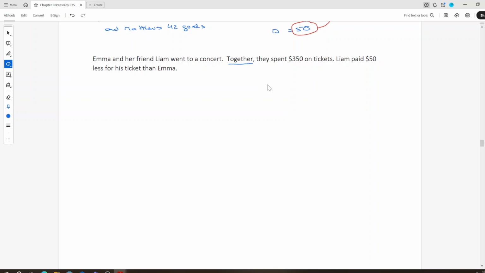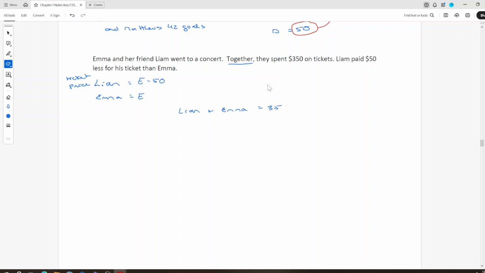Okay, so we've got, now this is, I'm going to do like mine. I just go Liam and Emma, right? If you want to be more descriptive, so this would be ticket price for Liam and Emma. Now, this is a together question, so it's going to be one of these totals, but Liam paid $50 less than Emma. So I'm going to let Emma be E, and I'm going to say Liam paid $50 less. Wow, how expensive was this concert? Now together they spent $350. So Liam plus Emma